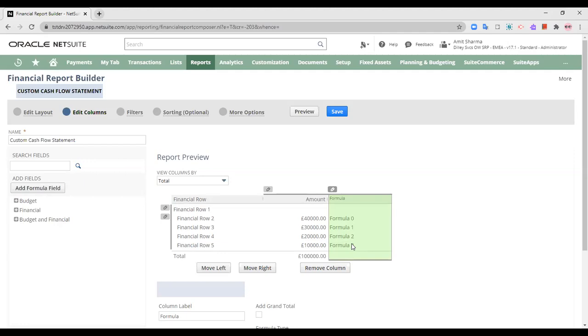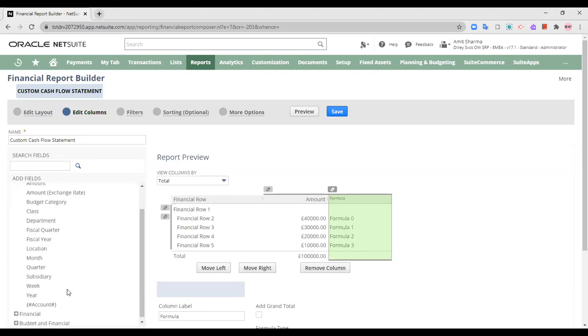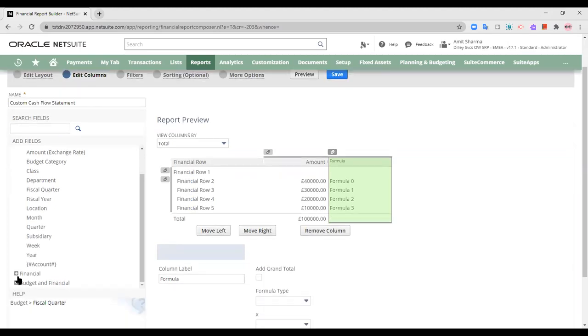Any ratio or formula used in your organization you can add, as well as a custom field or any other field like class, department, or which subsidiary it is.